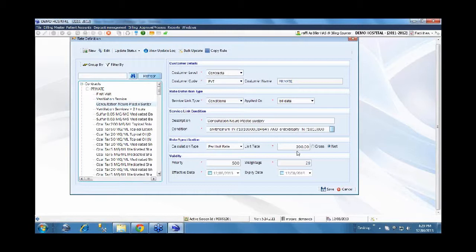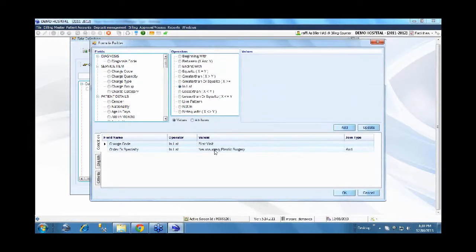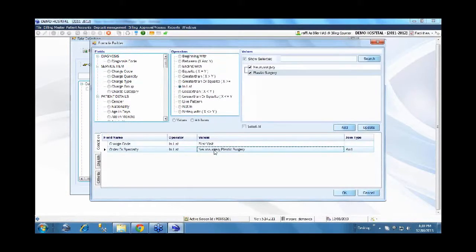Here you may not do that. We will have one consultation code, and we can define the rate based on a condition also, not just against a particular charge code. So in this case I am saying consultation neuro and plastic surgery. I will click on this condition. Here I will say this is the service for which I am billing, and the condition is that the ordering doctor specialty is neuro and plastic surgery.